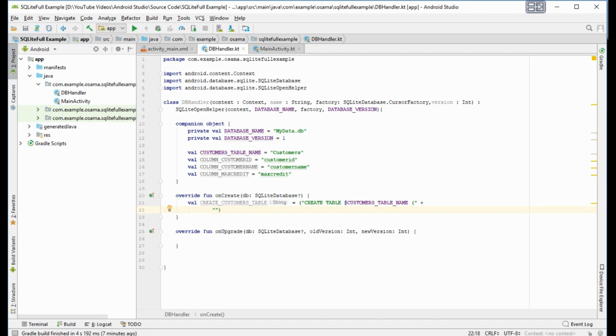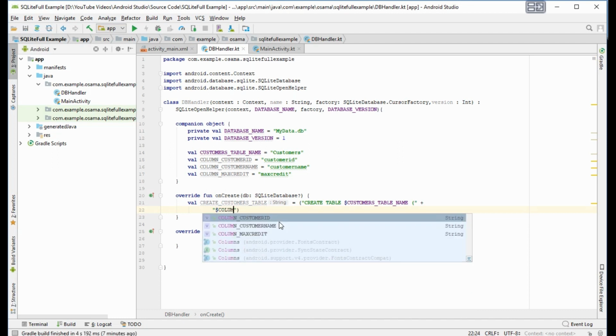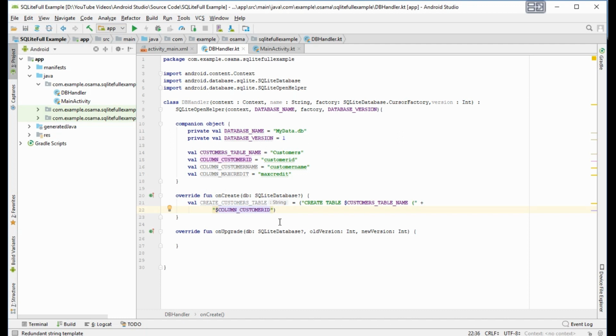Now a column $sign column customer ID, its type is integer and it will be a primary key and will be an auto increment value,